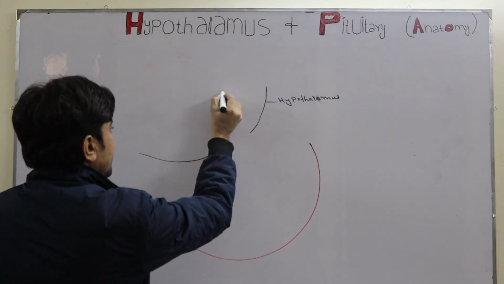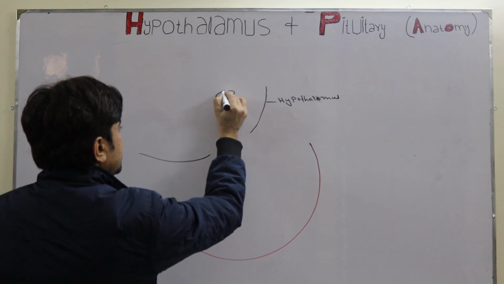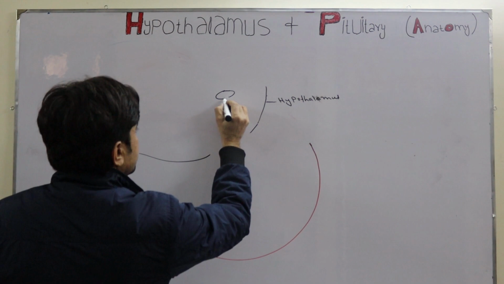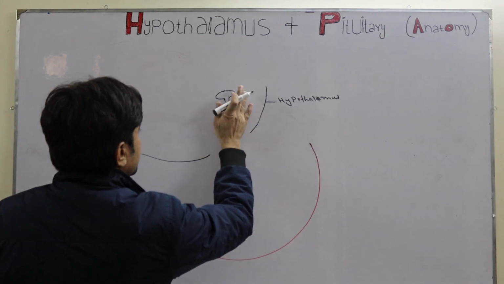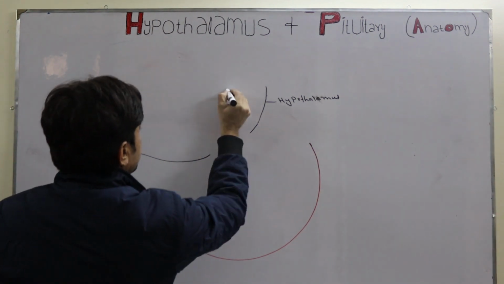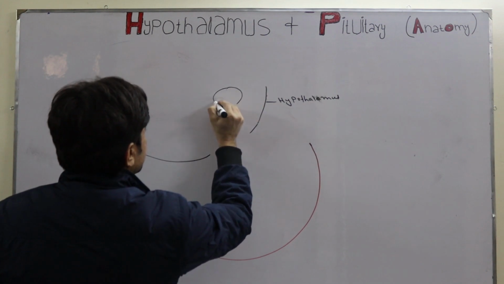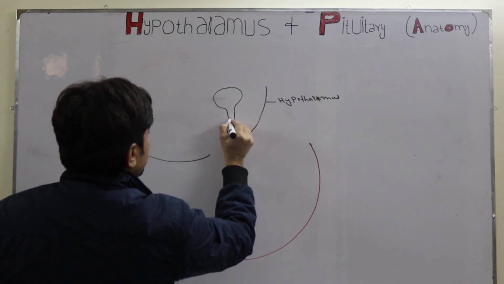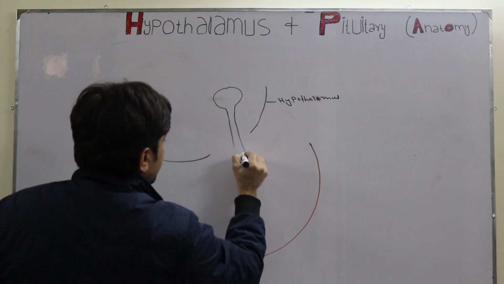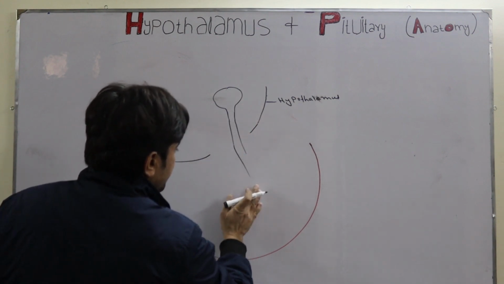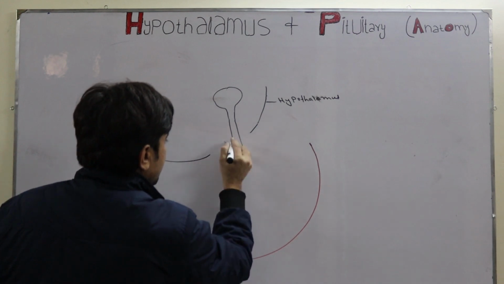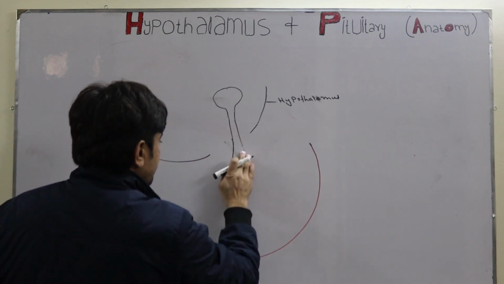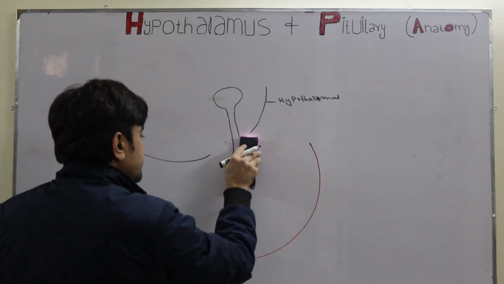Some neurons from the hypothalamus, each neuron consists of a cell body. The typical neuron consists of a cell body. Let me draw a large cell body. The cell body is the region of the neuron where its nucleus is present, and from that cell body extends a tube-like process, which is called the axon. So these are the axons which extend from the hypothalamus to the